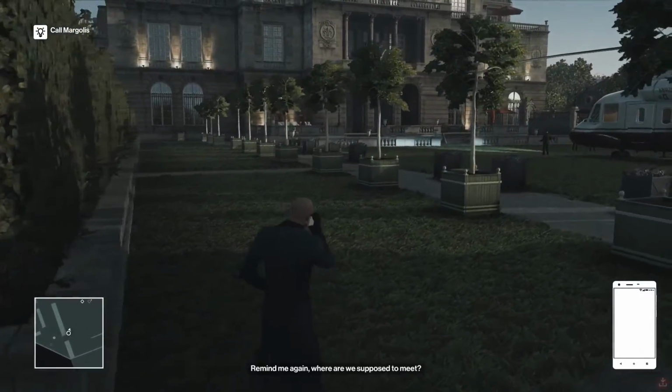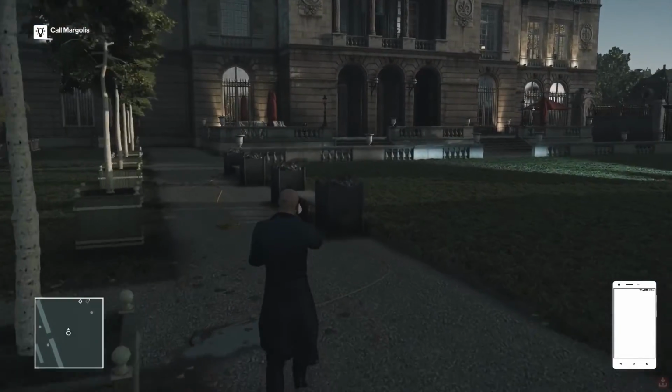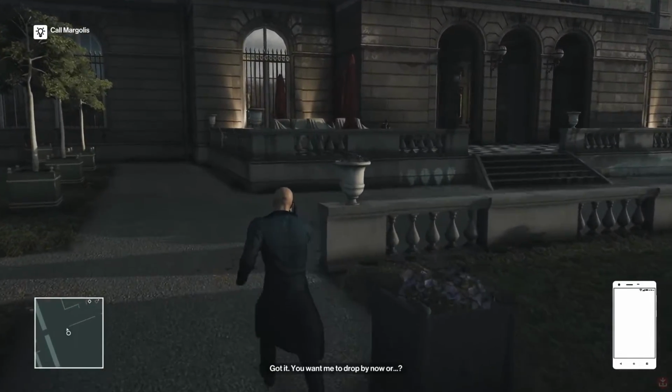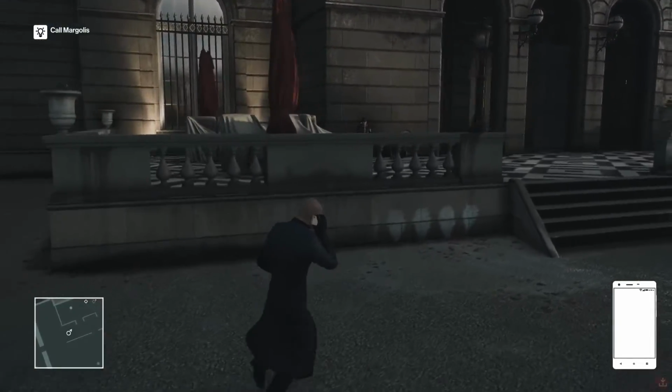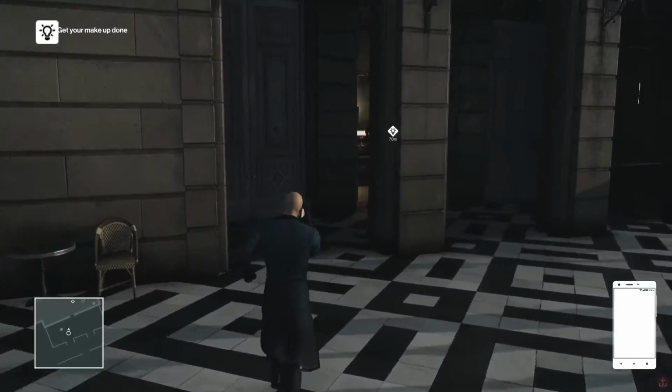Helmet here. Remind me again. Where were you supposed to meet? Second floor. Voltaire's meet next to the auction. Got it. You want me to drop by now, or...? No. It's essential that you walk the runway. Do the job. Come see me right